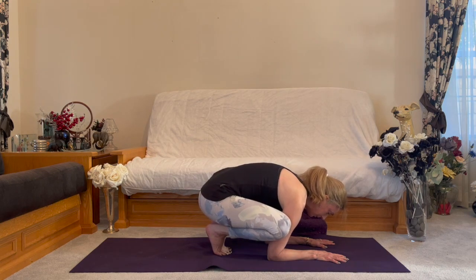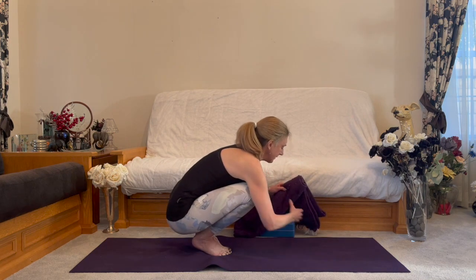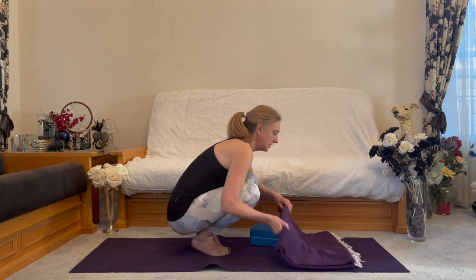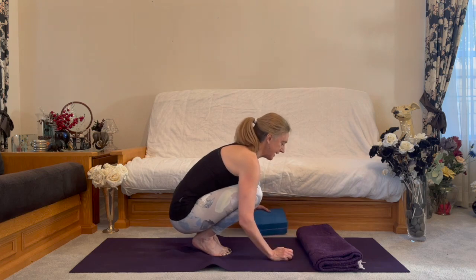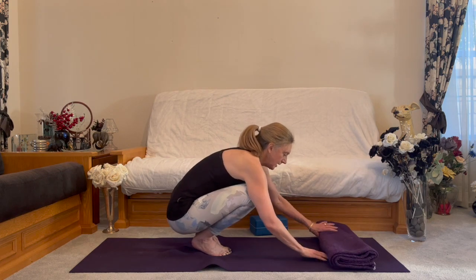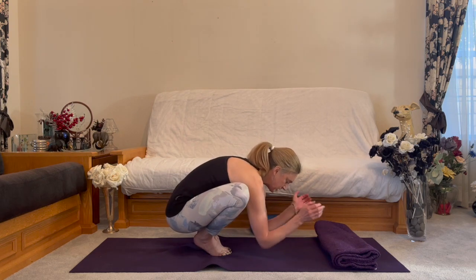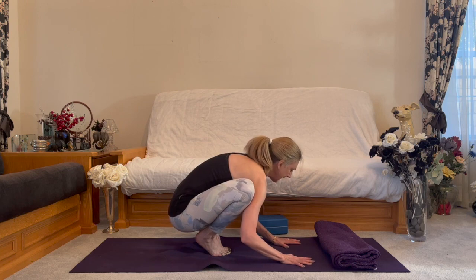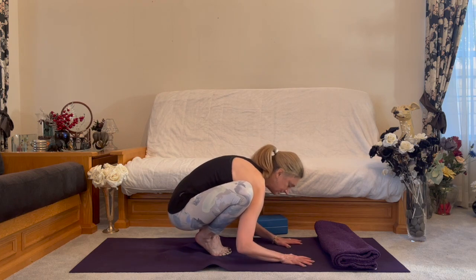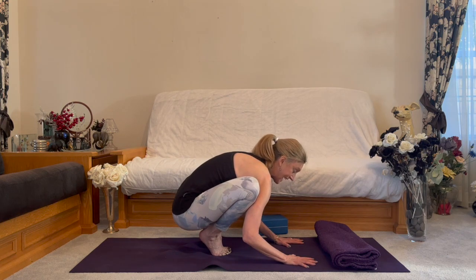And if you're really worried about it, you could grab a blanket or something and put it right here so that your head has someplace soft to go. Okay, now come up onto your hands. So just like Sphinx and Cobra, now we don't have the steady as a base, but we have a lot more freedom. Okay, now, tailbone goes down,